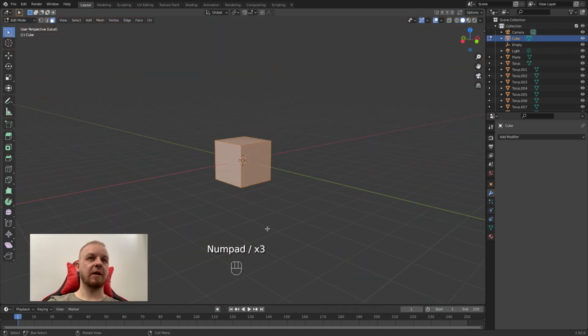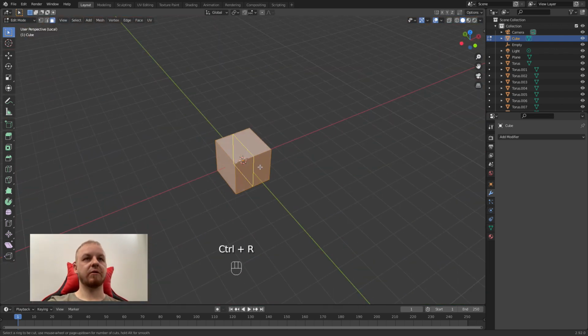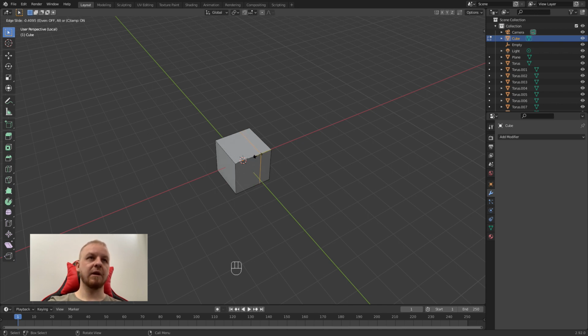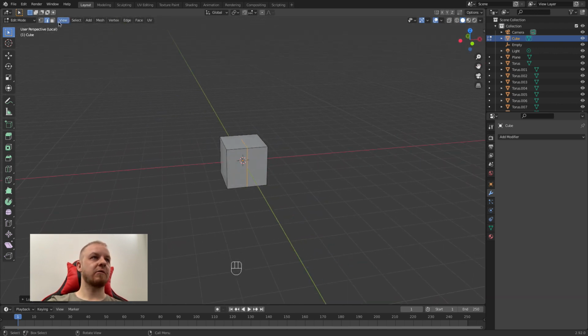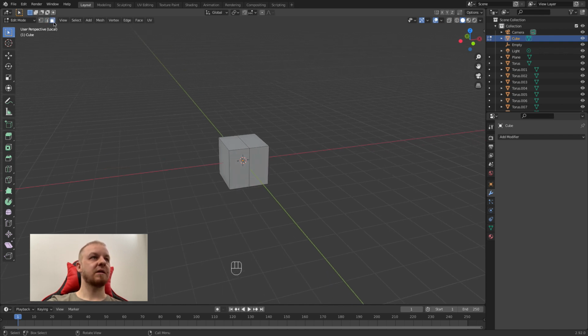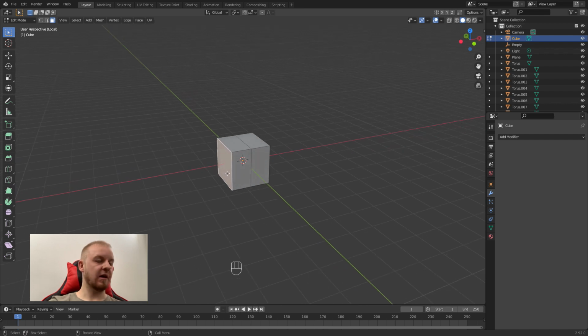So I will do it, and now I will press Ctrl R to make a loop cut tool, and the stuff you can see when I'm hovering with the mouse is the loop cut that will be made when I click. So I'm clicking it here, and because I want it exactly in the middle of the x-axis, I will press Escape now. So we have it exactly in the middle, and the reason is because I will go back to select this face selection mode